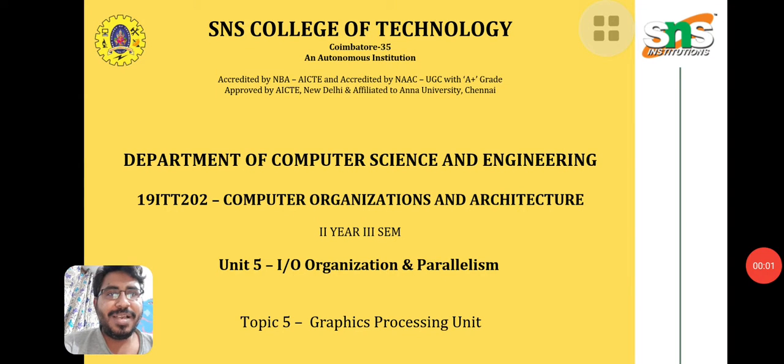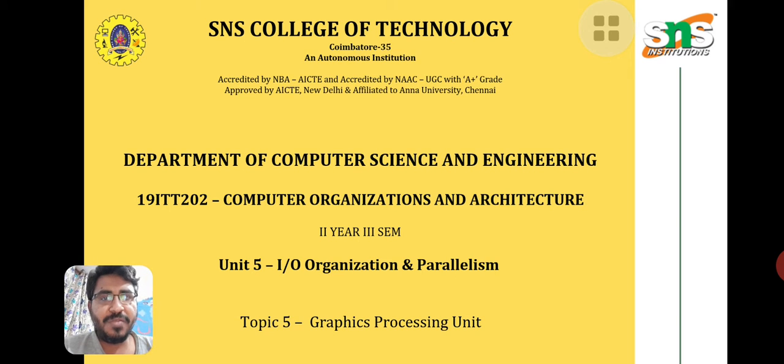Hello all. In this session, we are going to see the case study on the graphics processing unit. First of all, we should know what a graphics processing unit is. It is totally different from the CPU. The brain of the computer is the central processing unit. The central processing unit can do arithmetic calculations and program or instruction execution, but the graphics processing unit is especially for providing graphical representation.